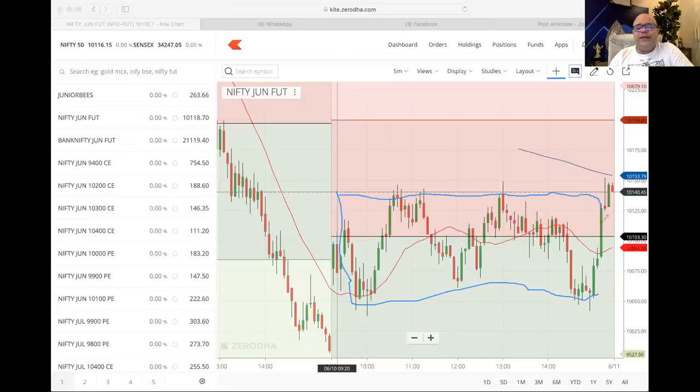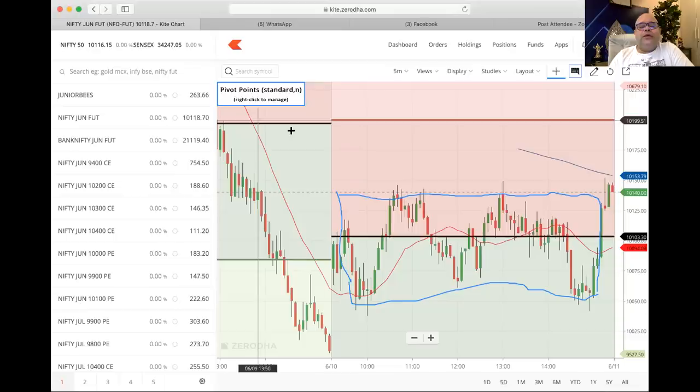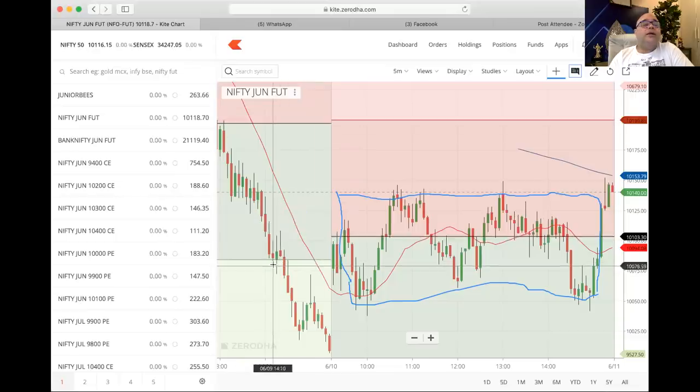This is a 5-minute chart of the Nifty, and that is how you can figure out the congestion zone. This is the same support level that I just gave you. So that way you can have this sort of a congestion zone, and on the upside, if we can